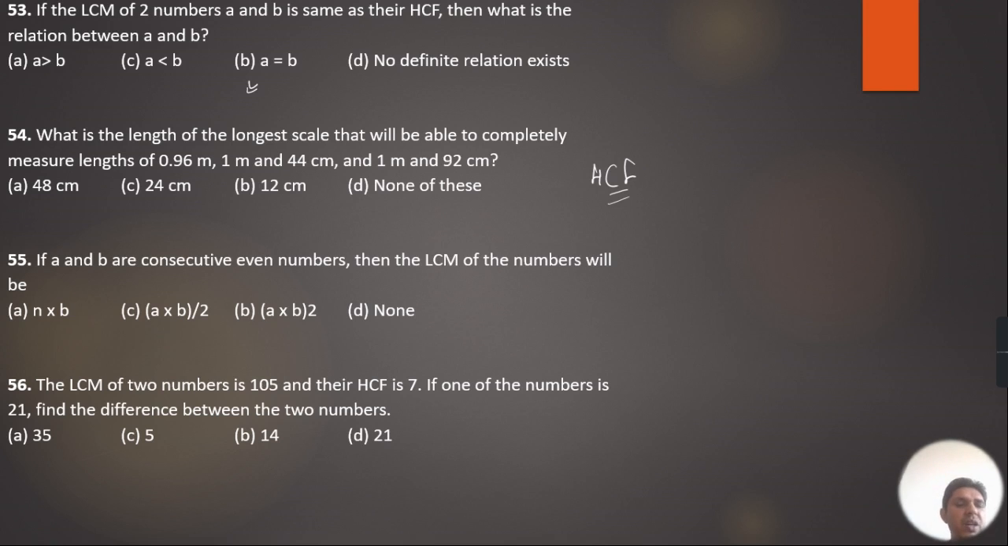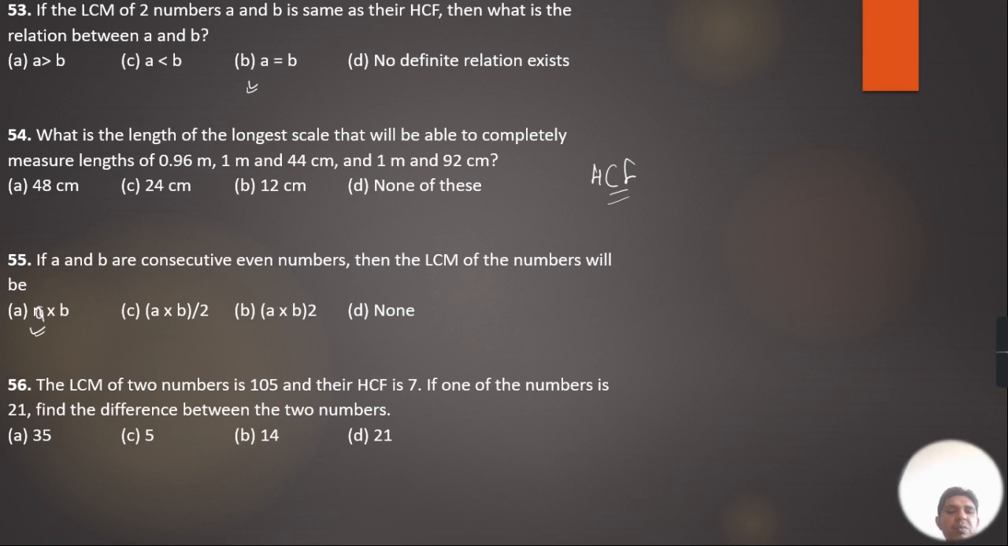Coming to the next question we have, 55. If A and B are consecutive even numbers, then the LCM of the numbers will be, LCM will be A multiplied by B. Other than that, nothing can be the LCM, right? 56, if we check, the LCM of two numbers is 105, HCF is 7, one of the two numbers is